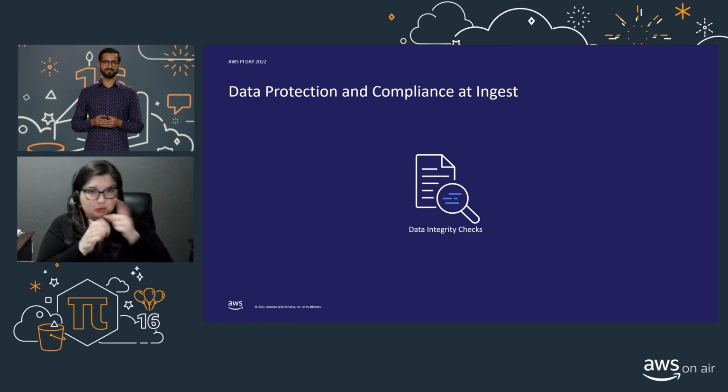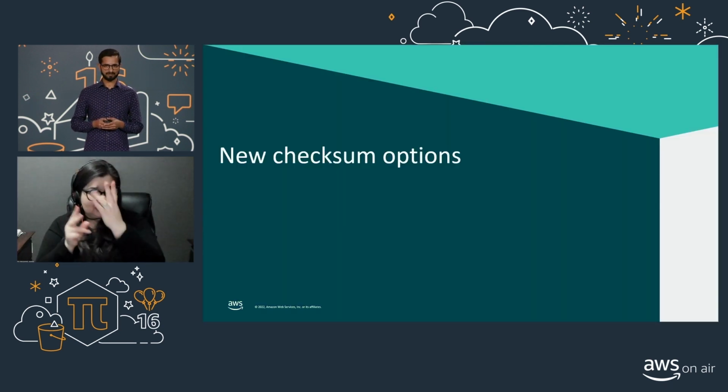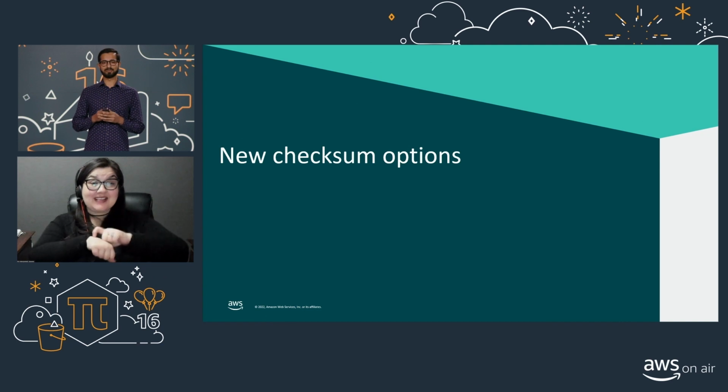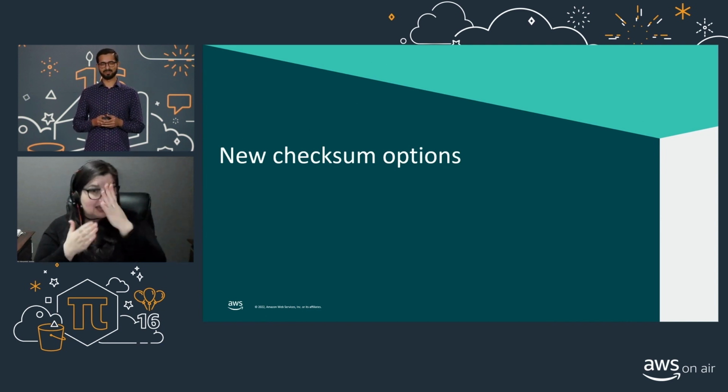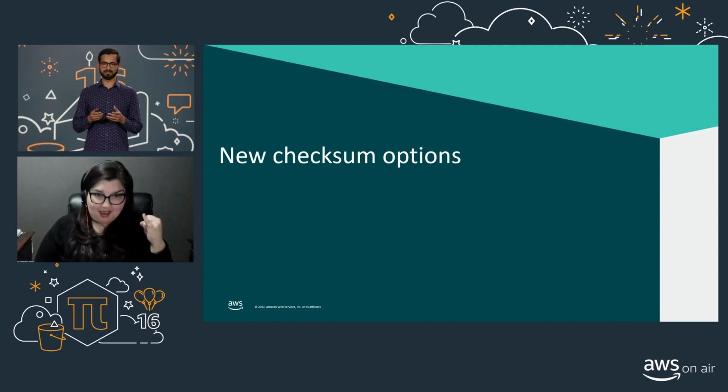And we have heard you. Now we are super excited to announce the launch of new checksum options that you can use to bring your critical data from on-prem onto S3. For the first time in the cloud, you can now choose from 4 supported checksum algorithms for data integrity checking on your upload and download requests. In addition, we have made enhancements to the AWS SDK and S3 API that can accelerate integrity checking of your requests by up to 90%.